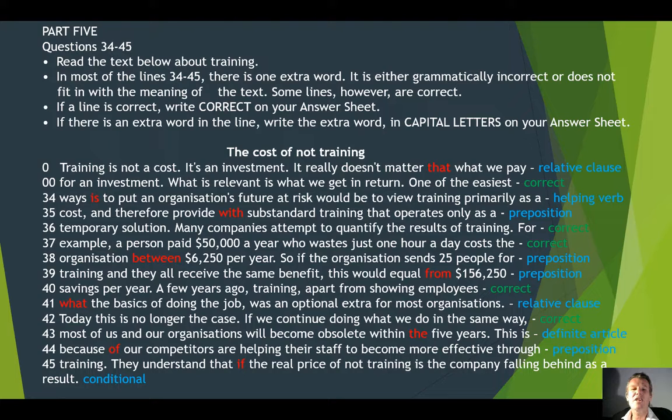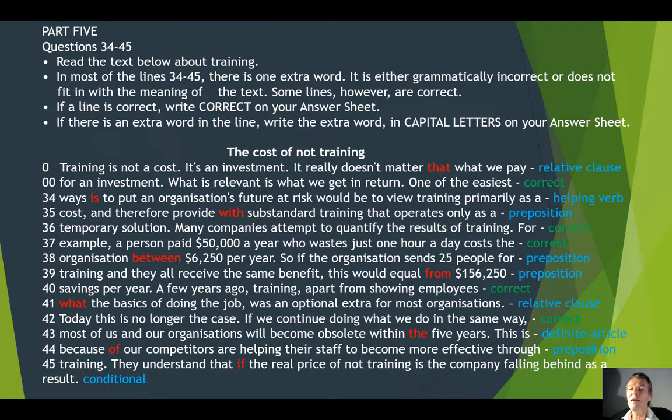Same if we did it with location. If I said I traveled from Geneva to Zurich, then it's correct. But if I just said I traveled from Geneva, then depending on the rest of the context, this would be wrong. Okay, 40 is correct. 41, we got our relative clause. So always look for two verbs, two clauses. 42 is correct. Now there's 5 correct sentences here, which is unusual. As I said, it's usually 2 or 3. So this is unusual to have 5 correct ones.